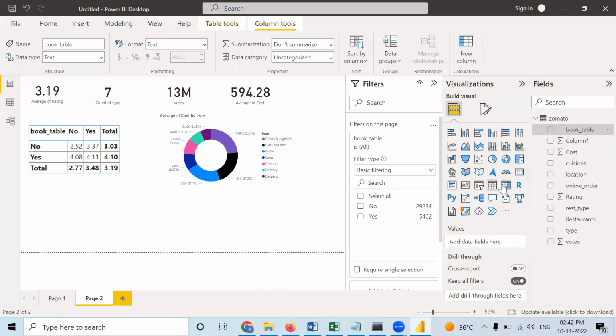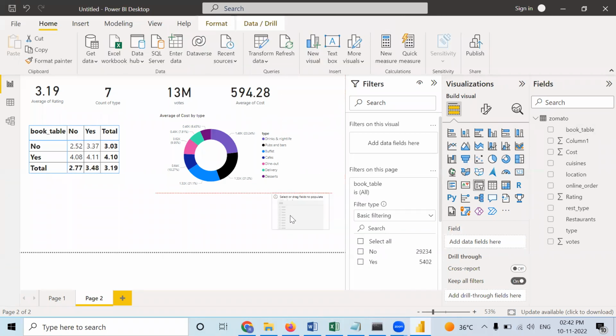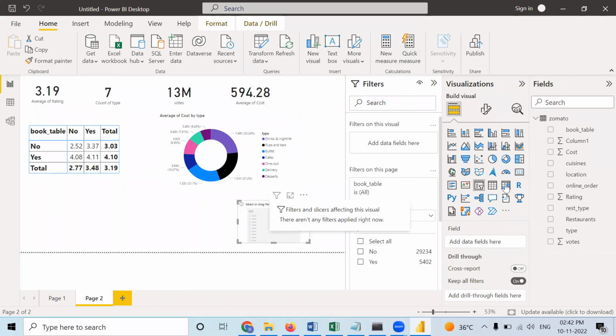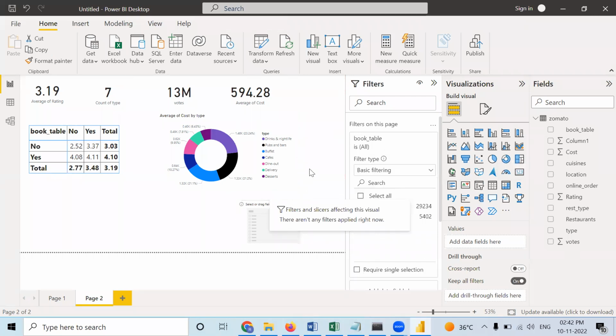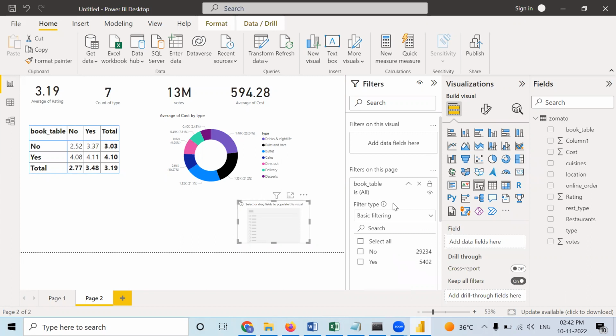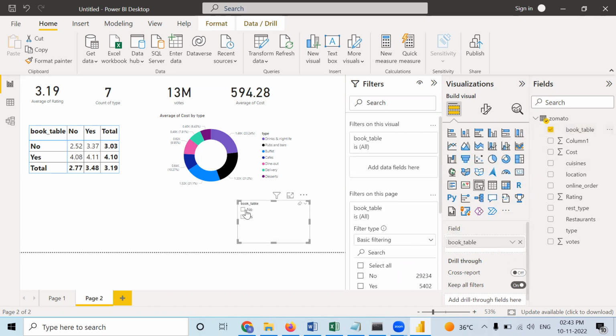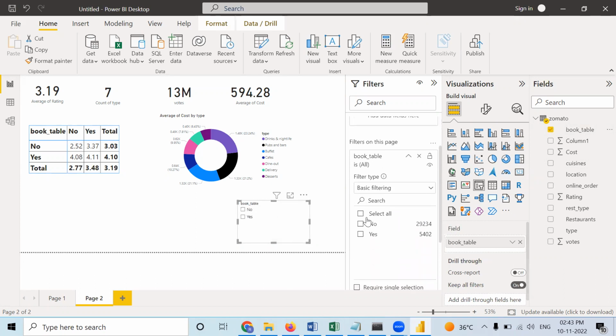Now I will take the slicer. This is our slicer, that is the nearby table. I will put it over here. Yes, this is our slicer. We can drag it like this, but in case of the filter, it is a fixed one. So it is a dynamic filter only. It is the same thing as the filter. Here I have taken this book table. I will take the same variable for the filter also and put it in the field. Now you can see no and yes are coming. The same options are there for that variable. Now, when I choose no, you can see